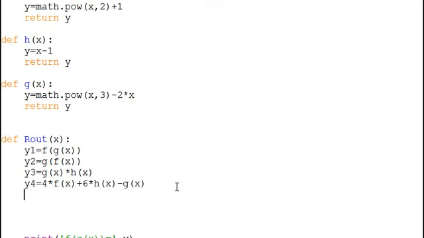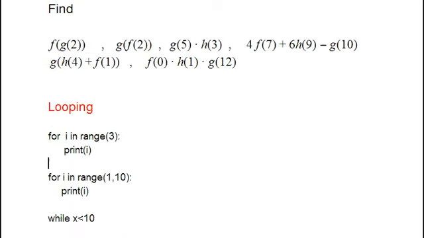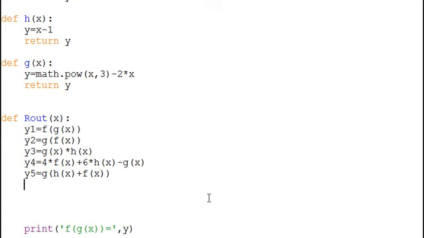Got a couple more here, so y5 is equal to, and that's going to be this nice lovely thing here that who wants to do by hand. You know, that's the whole idea. We're going to utilize our programming skills so we don't have to do this stuff by hand. We write programs or software, let them do the legwork for us. We've got one more here, y